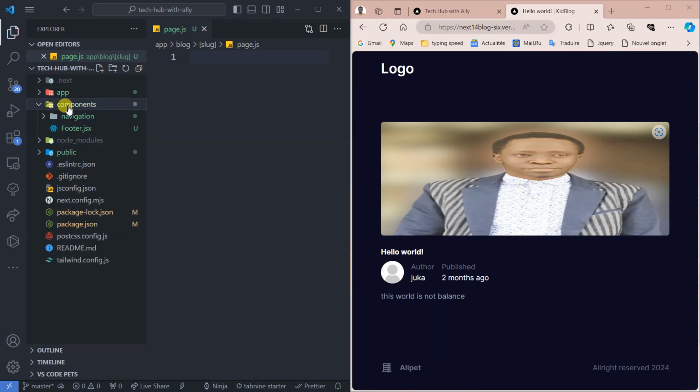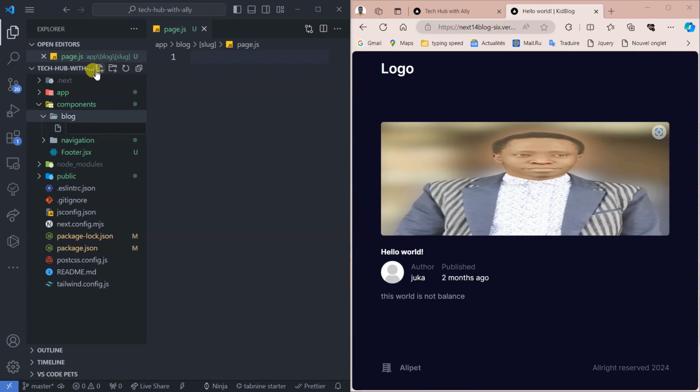So let's go to component, create a folder there, and call it block. Inside that block we're going to have block card, like this, block card dot JSX,